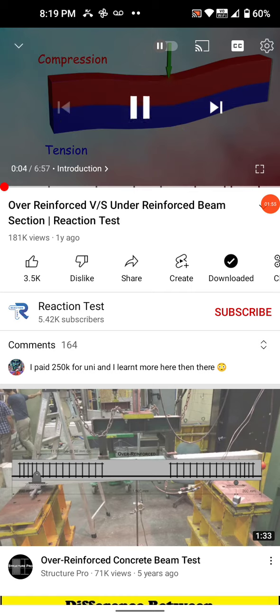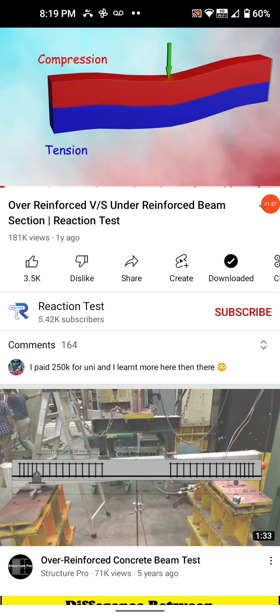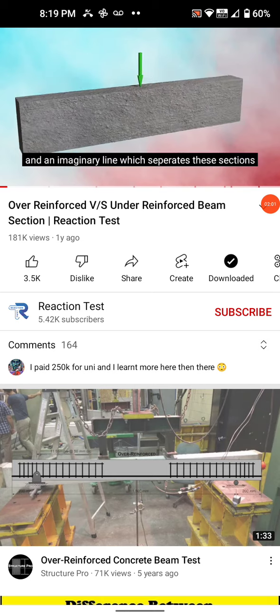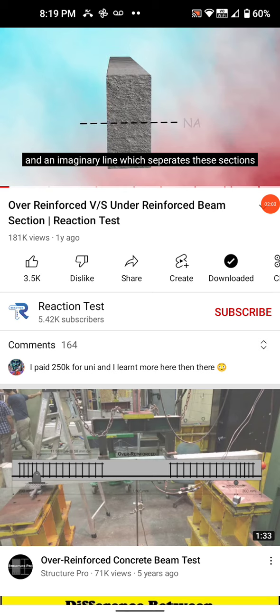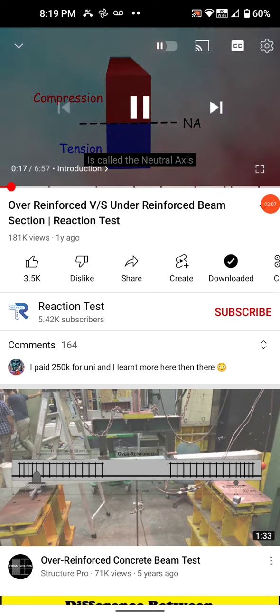The fibers in the upper region undergo compression while the fibers in the lower region undergo tension. And an imaginary line that separates these two sections is called the neutral axis, because along the